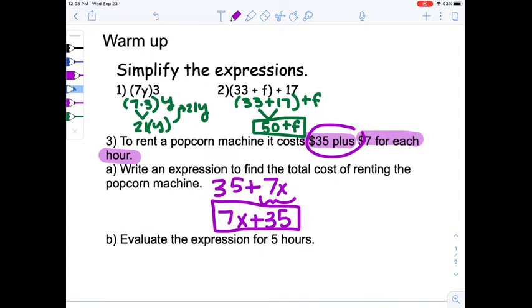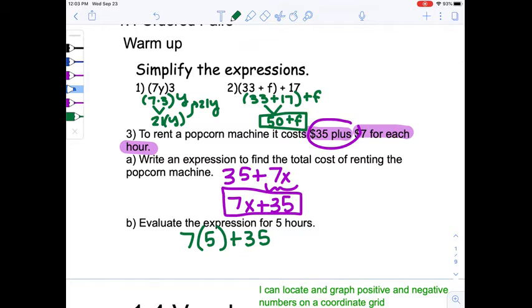Then letter B says evaluate for 5 hours. So all we're going to do is we're going to plug 5 in for x and solve. So 7 times 5 plus 35. Then following order of operations, I have to multiply first. 7 times 5 is 35, and then I still have that plus 35. 35 plus 35 gets me 70, but since it's a word problem, I have to answer this in a sentence. So I'm going to write, it will cost